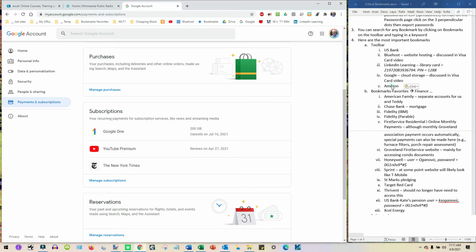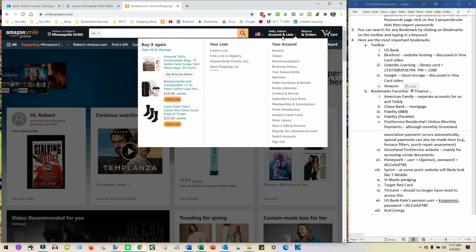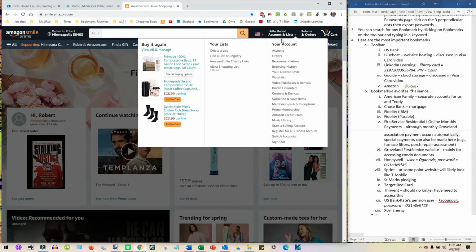And then the last one here, I had forgotten earlier, but I plugged it in, is Amazon. So that's also on the toolbar right here with their little logo. I happened to be on it a few minutes ago before the video started, so it's picking up that I'm still out there. I want to mention that under accounts and lists, if you go down to memberships and subscriptions,